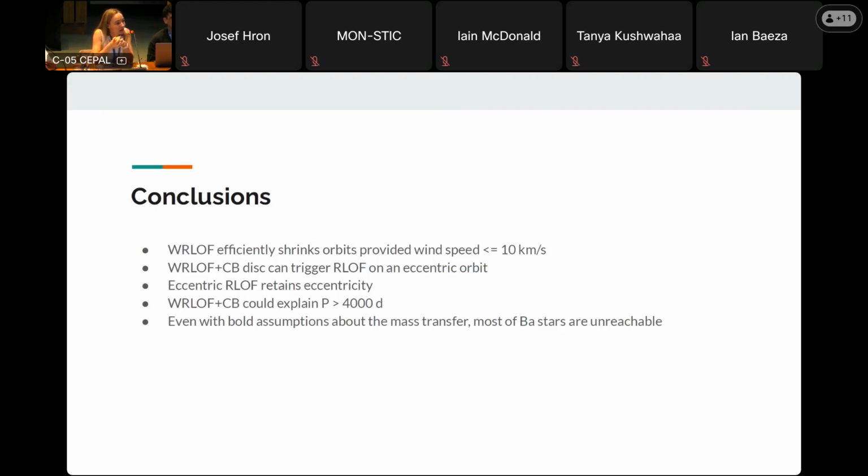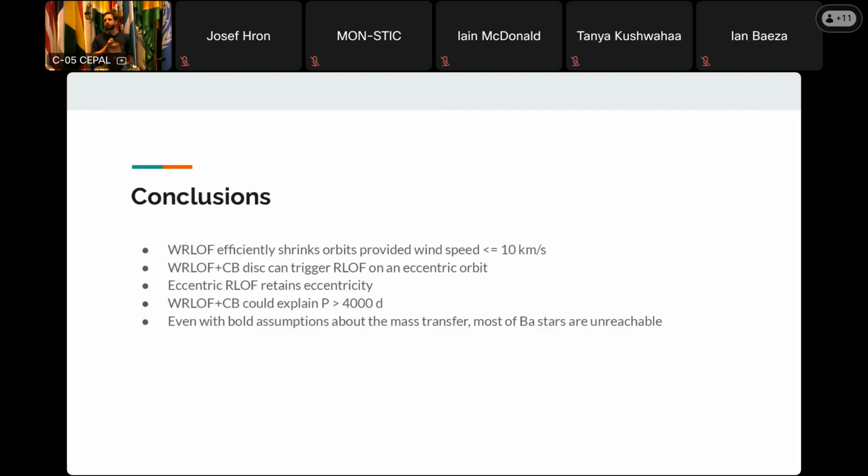So thank you for the question. It's very interesting. There are certain parts that are very uncertain. Some are more or less better constrained. One of the most important mechanisms here is the wind Roche lobe overflow and the shrinking of the orbit. From my understanding, the SPH simulations start to agree quite well over how much angular momentum is actually lost. So I don't expect this to change a lot.